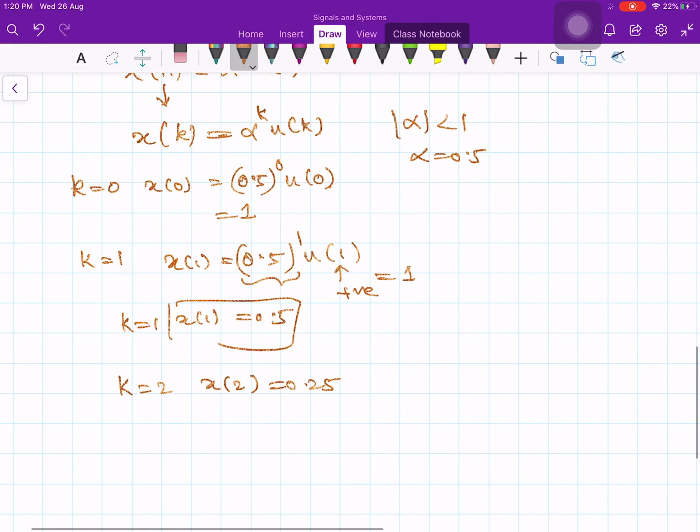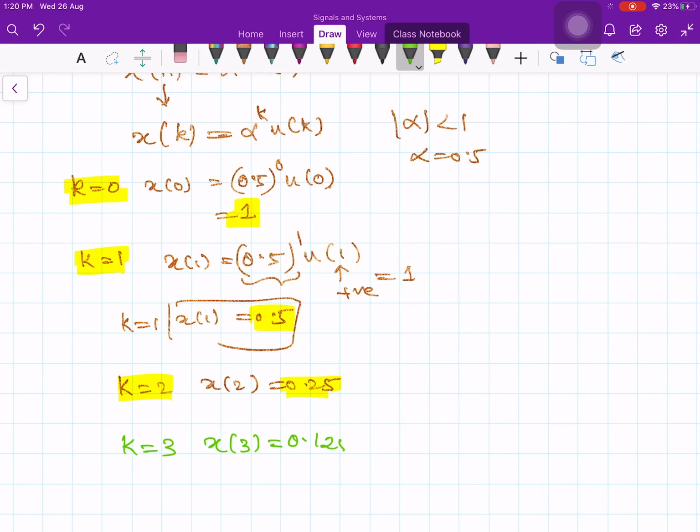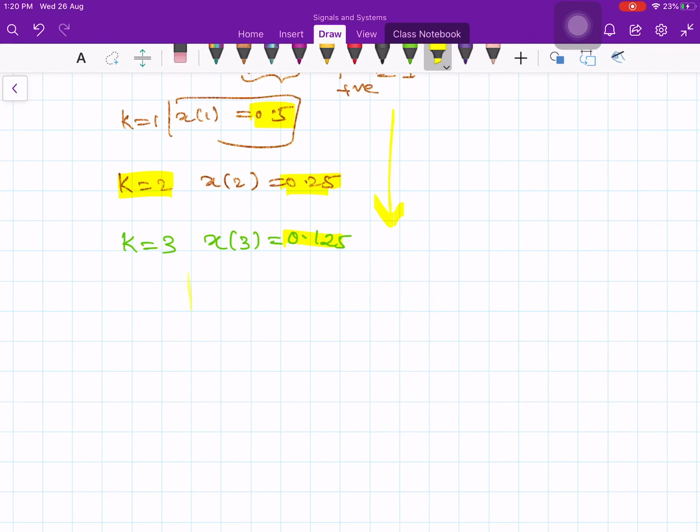Initially I had 1 when k equals 0, when k equals 1, then I got 0.5, when k equals 2, I got 0.125. Even if you go one step further, when k equals 3, then x of 3 is equal to 0.125. Okay, so therefore the values are diminishing, reducing. So if you plot this x of k, it looks like this. Initially it will be 1,